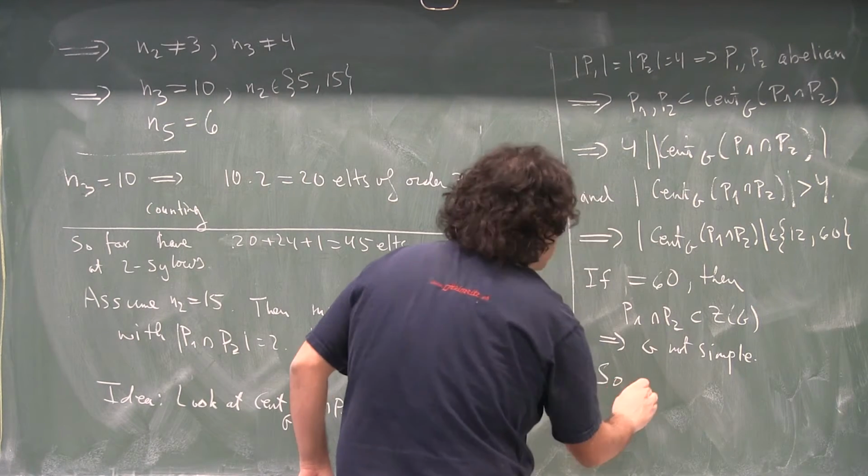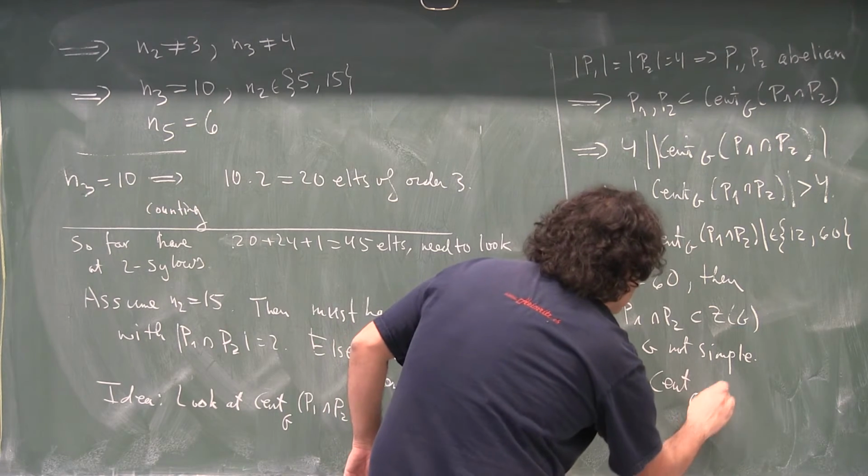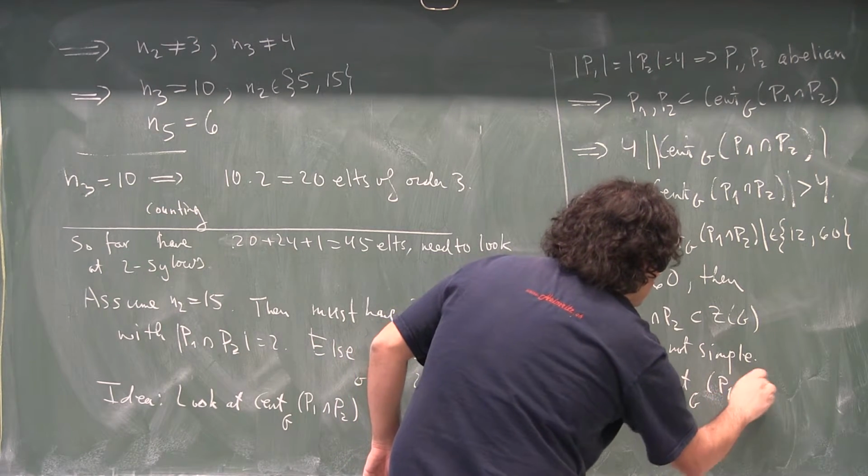So we must have that the order of the centralizer in G of P1 intersect P2